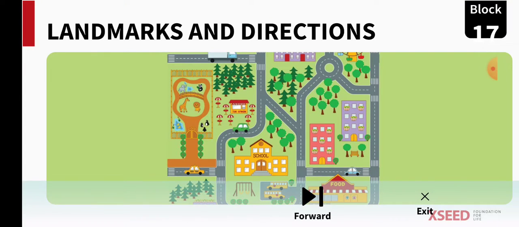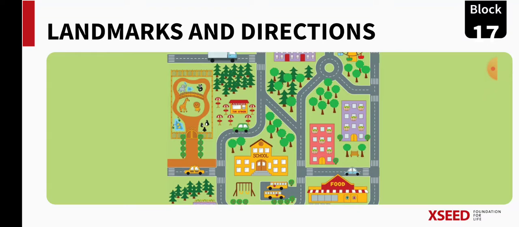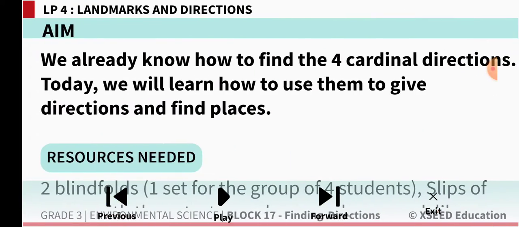Let's move on. On the screen, you can see the map of a place where you can see the school, the zoo park, the cave, the buildings, the food court. So you can tell the directions to someone, you can instruct them in order to reach a place, like you can move right from the zoo or move towards the north from school. In this manner you can see. So let's move on and learn more.